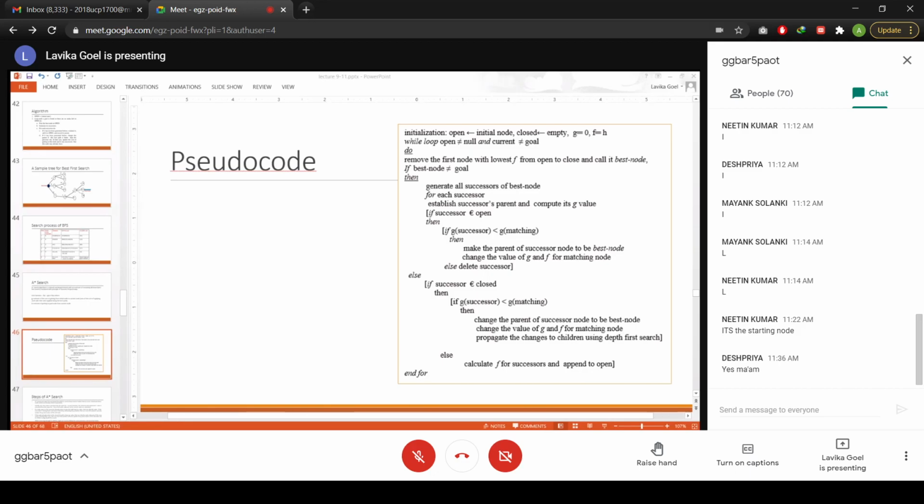We will compare the G values of both the B's, and whichever G value is less, that path is the shorter path. So we will use that path. We will update B so that we reset the parent of B to the new path's parent. I mean, the parent of B in the new path will become the correct parent of B.